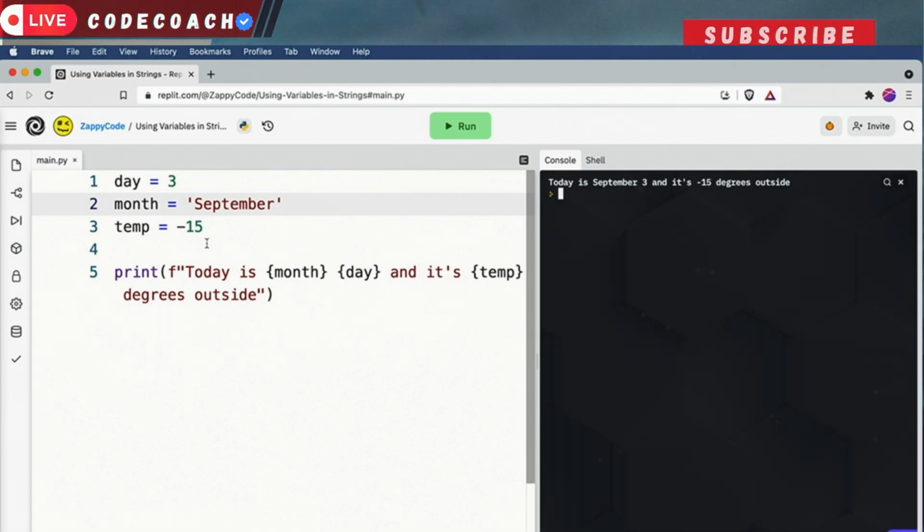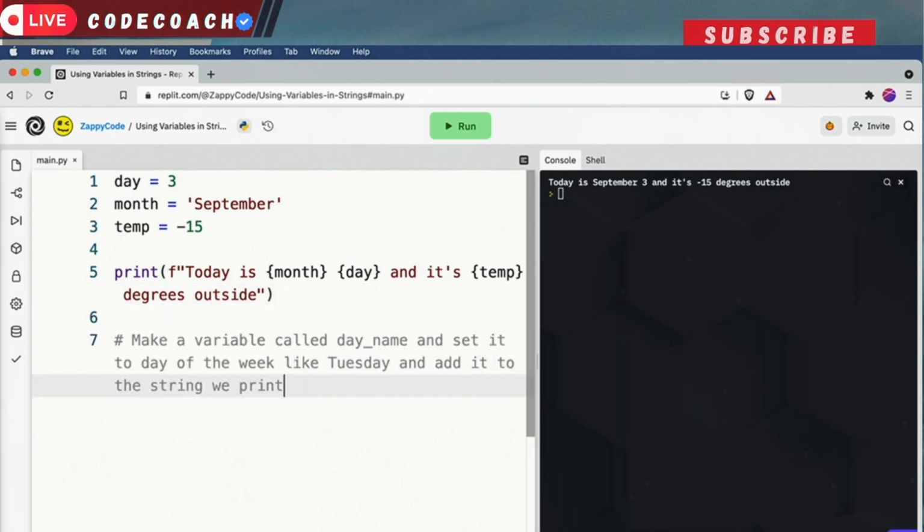So to make sure that you've got a good grasp on this, let's go ahead and introduce our challenge. What I would like you to do is make a variable called day name and set it to the day of the week, like Tuesday, and add it